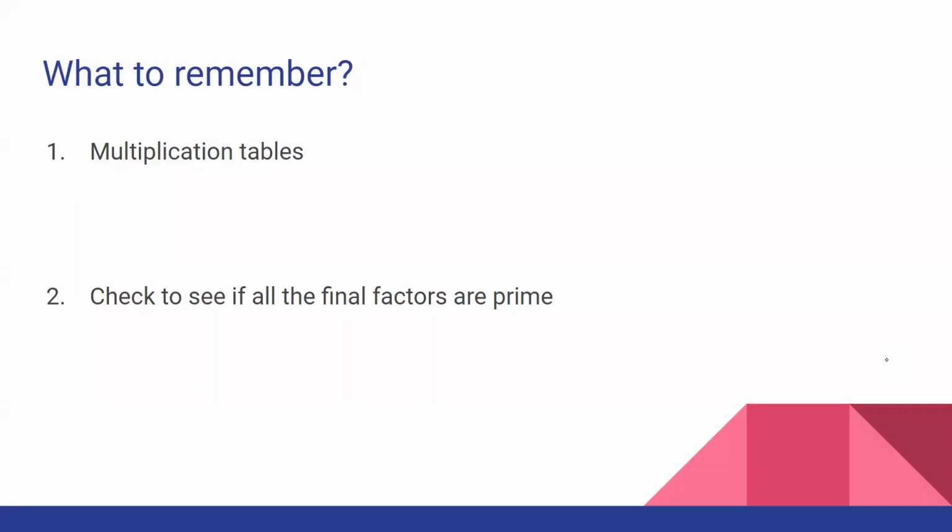Now here are some rules to remember. Know your multiplication tables well. That is the most important thing when doing prime factorization. Also check to see if all of your final factors are prime numbers. If they're not, it's not a prime factorization. Now we're going to move on to our second topic,